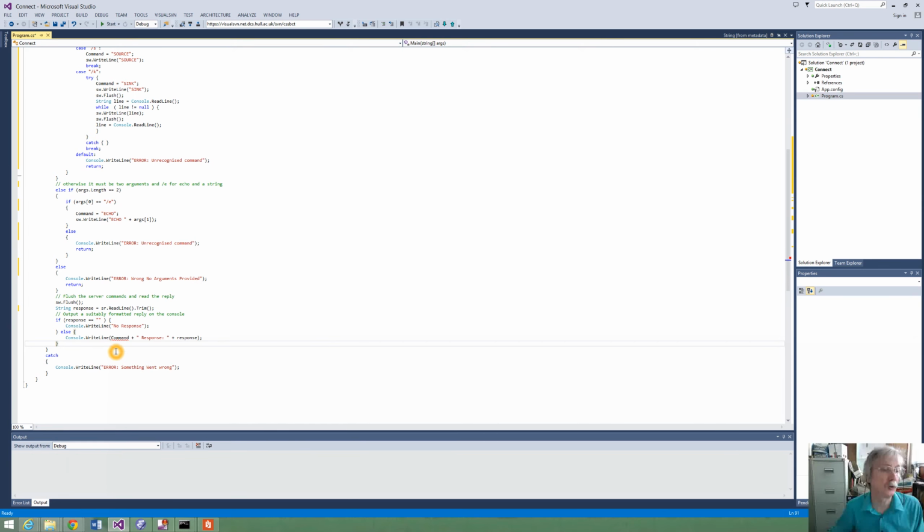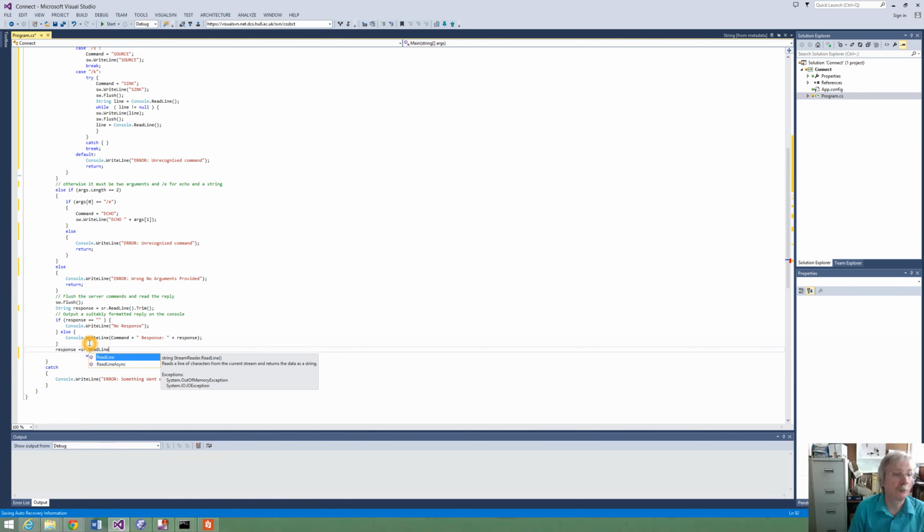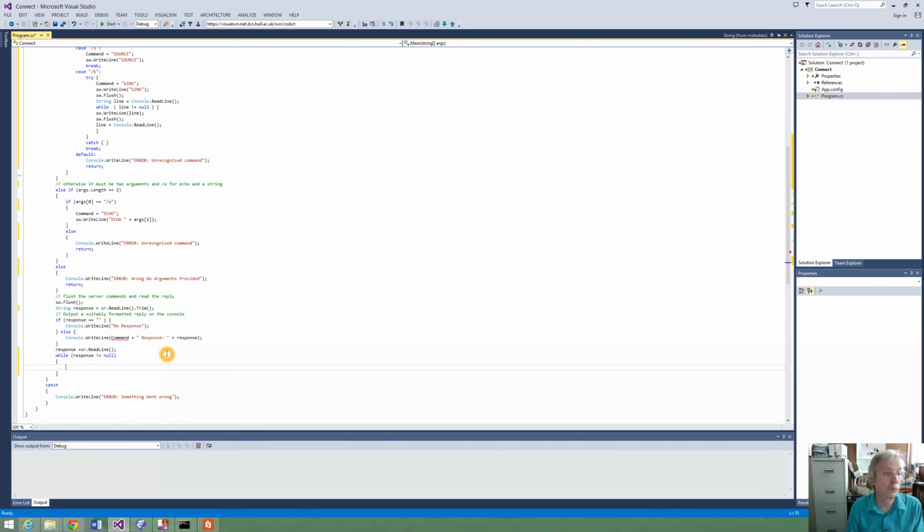And then after the first line of response, we could do more of a loop, and then we can say response equals SR read line, and then loop while we haven't got a response, and we can do a console write line of the response,